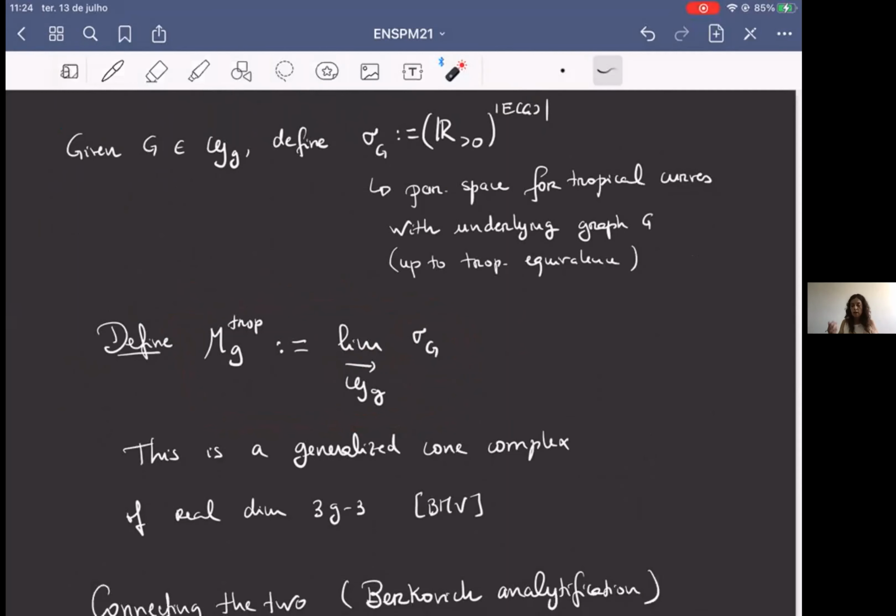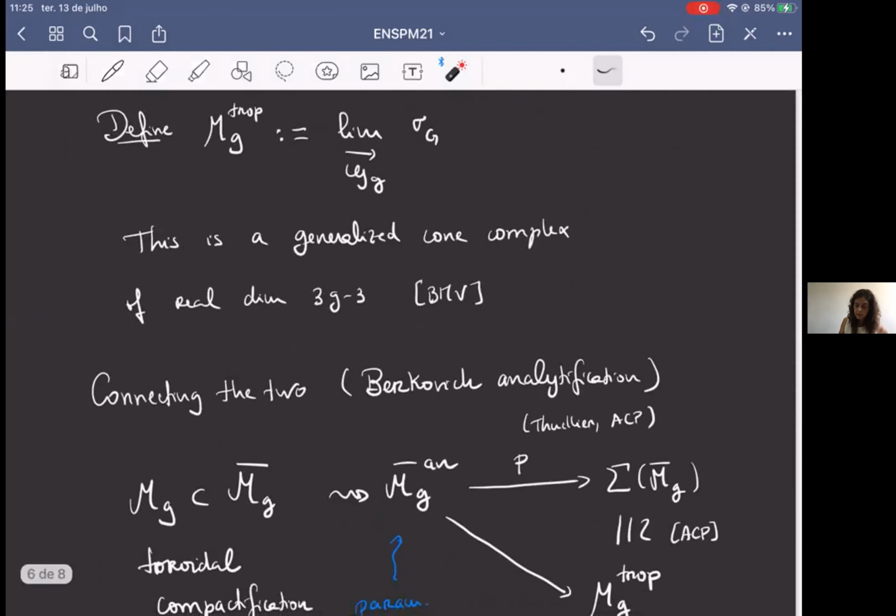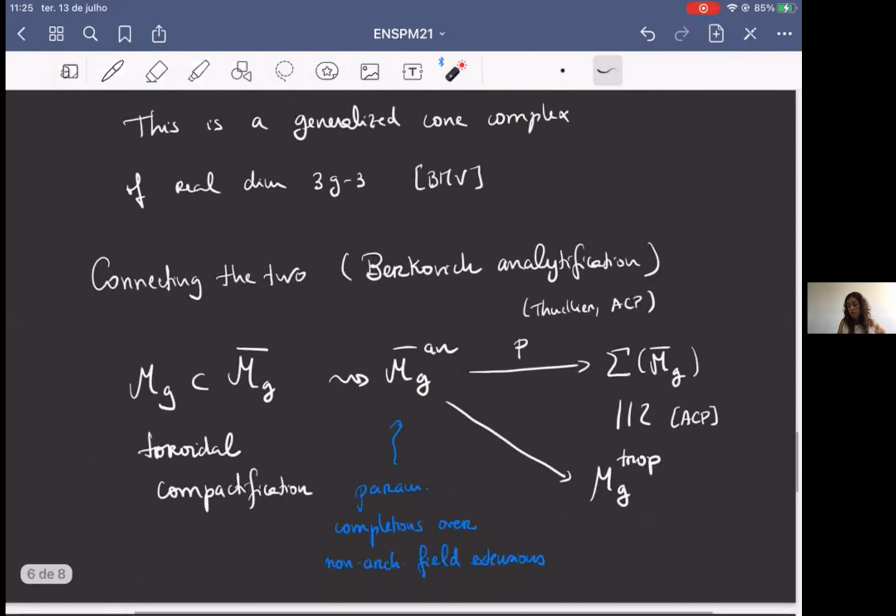Meaning that if you have an automorphism, you consider a map here. If you have a weighted contraction, you have a gluing of a face and so on. So this is just a very short way of indicating how you construct this space. And this has the structure of a generalized cone complex of real dimension 3g-3, and it was constructed about 10 years ago in joint work with Silvia Brannetti and Filippo Viviani. And now we have a very beautiful theorem, due to Abramovich-Caporaso-Payne,